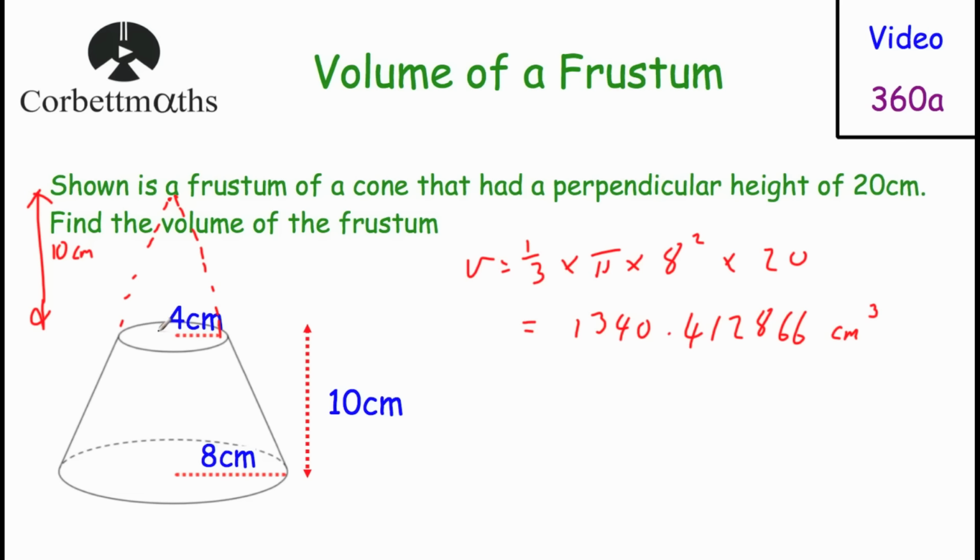Now the top was chopped off, and that is a smaller cone. It's similar to the large cone. You'll learn about similarity later, which means enlargement, but for now we'll just work out the volume of this. The volume of this smaller cone is a third times pi times the radius 4 squared times its height 10, and that is equal to 160 over 3 pi, or alternatively